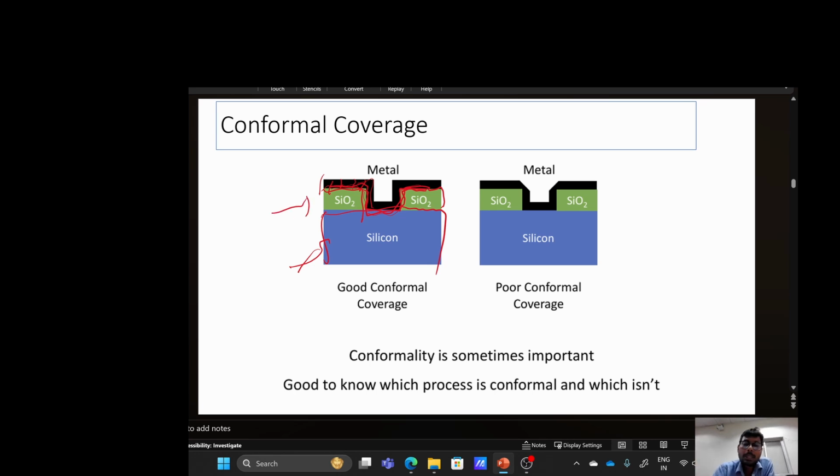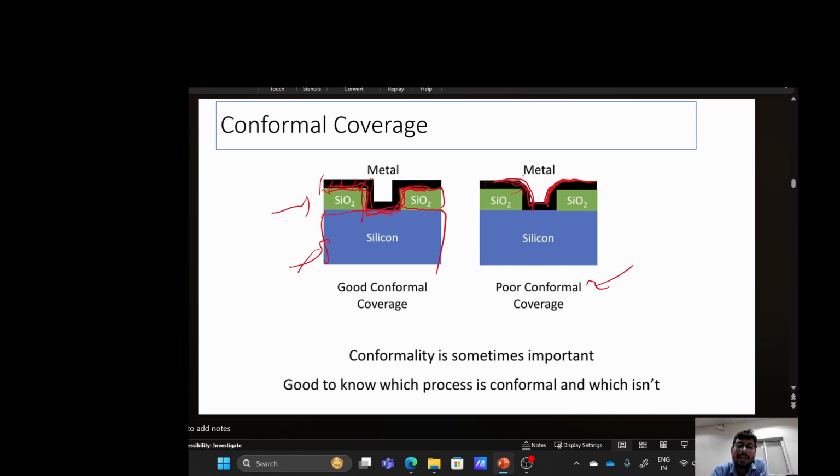But in reality what happens is at the sharp corners it is not deposited properly, but a round shape will be there, which is poor conformal coverage. So for the next step, if you are etching something,